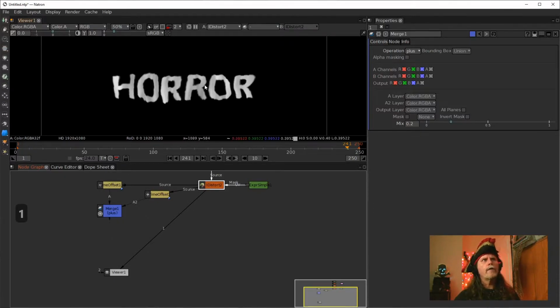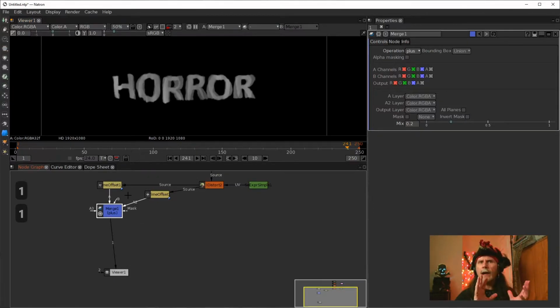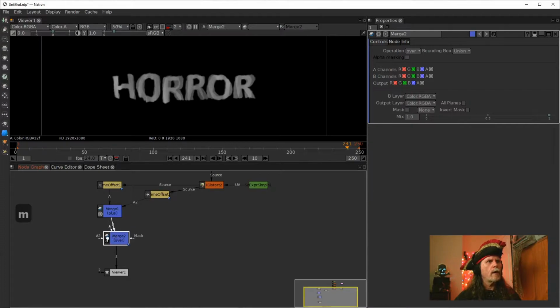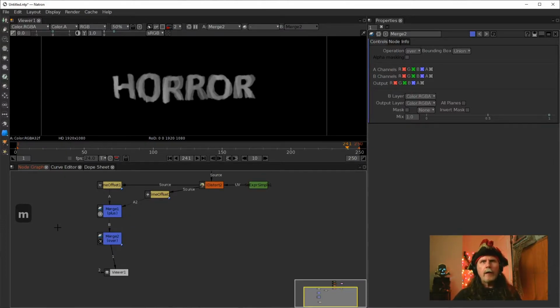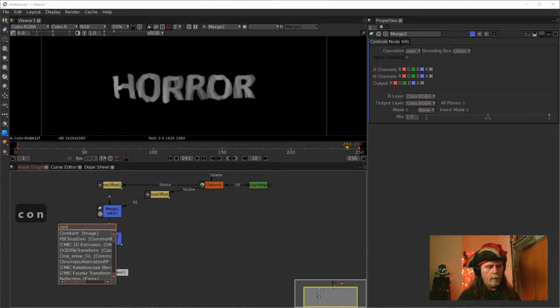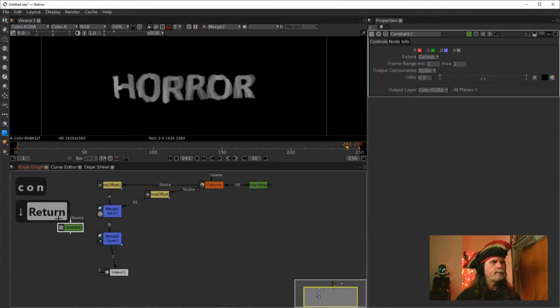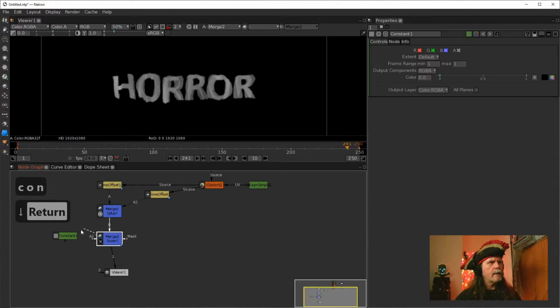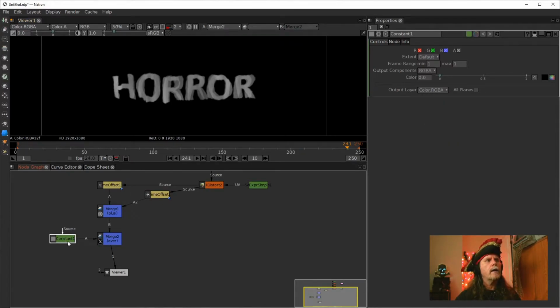We want to overlay this over both of those in the background, but we want these to be colored differently. So we're going to put another merge node over here, underneath here. And then we're going to put a constant, because we're dealing with things where we want to preserve the alpha channel. So I want to do a constant here, connect that to the A input,